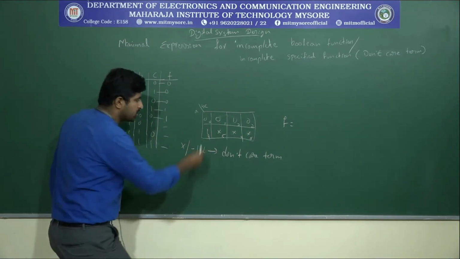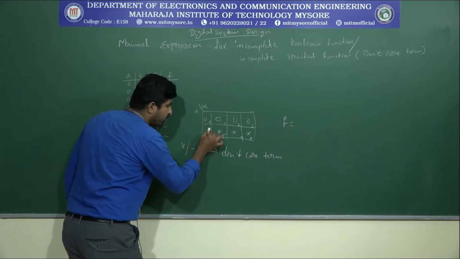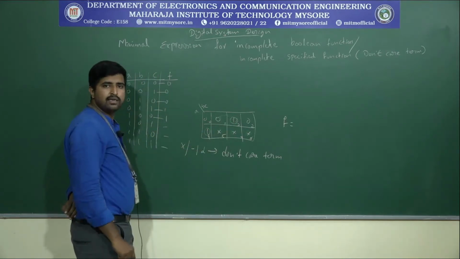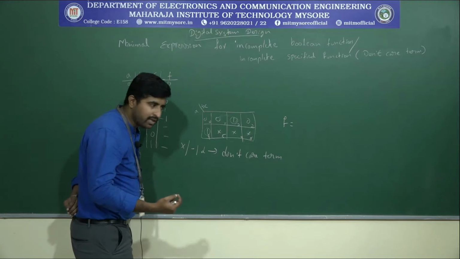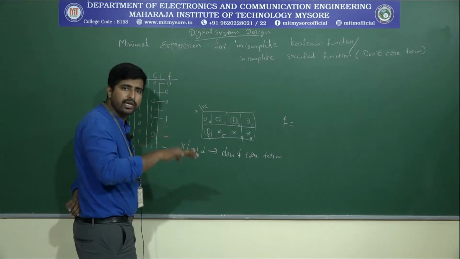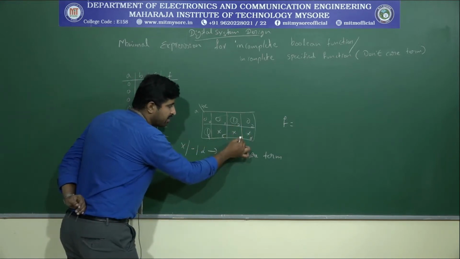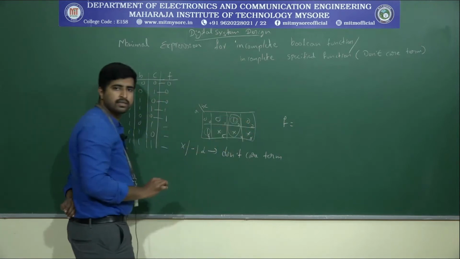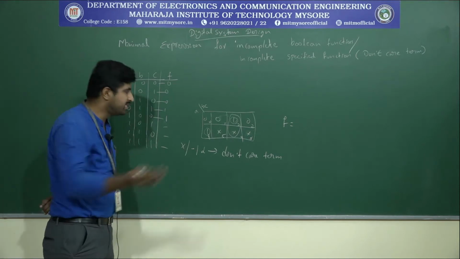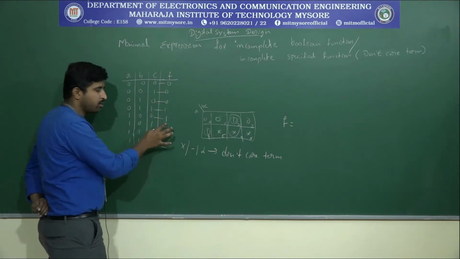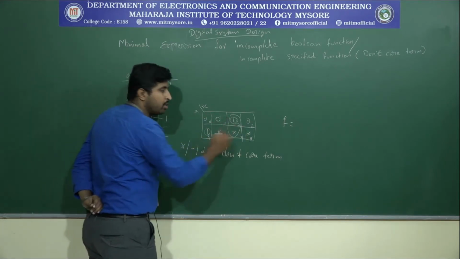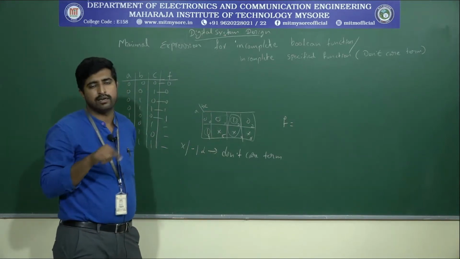Assuming that, if you have only one, we don't have any adjacent logic ones, so we need to group a single. This is one group and this is another group. Single cells need to be grouped. Instead of doing that, if the don't care term is there, let's make a possible higher group including the don't care. So 3 and 7 are adjacent, let's include this one. The don't care can be a 0 or 1. Here we are going to use it as a 1. We don't know the output, it is 0 or 1, so we call it a don't care. So include the don't care to make a possible higher order group cell.